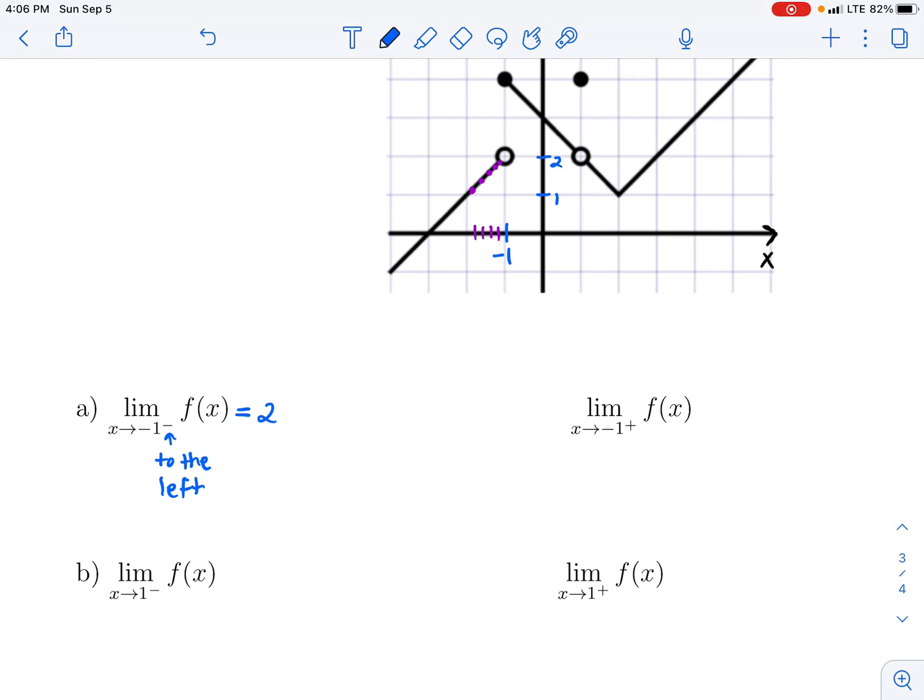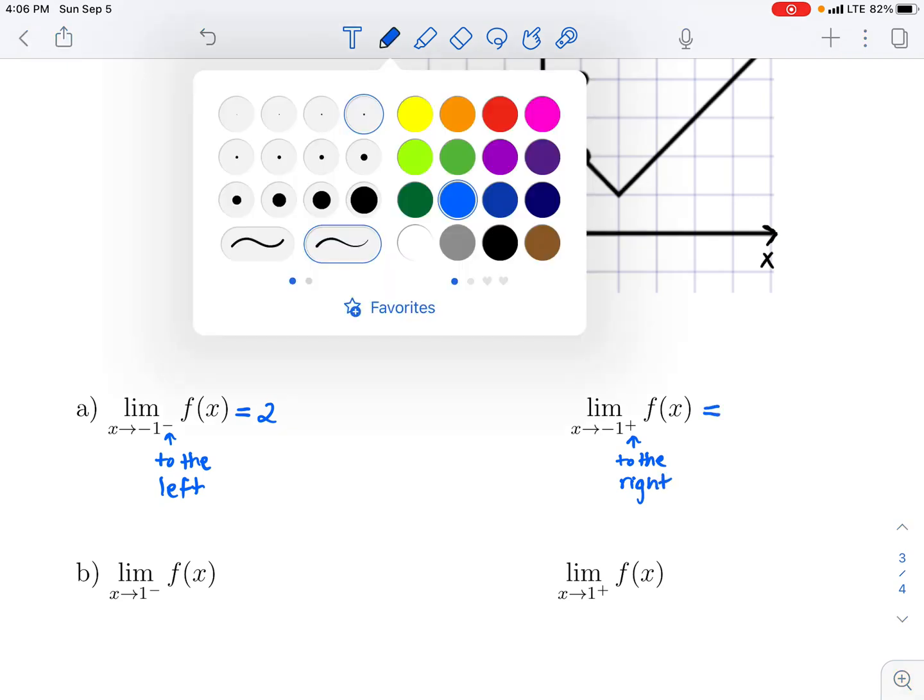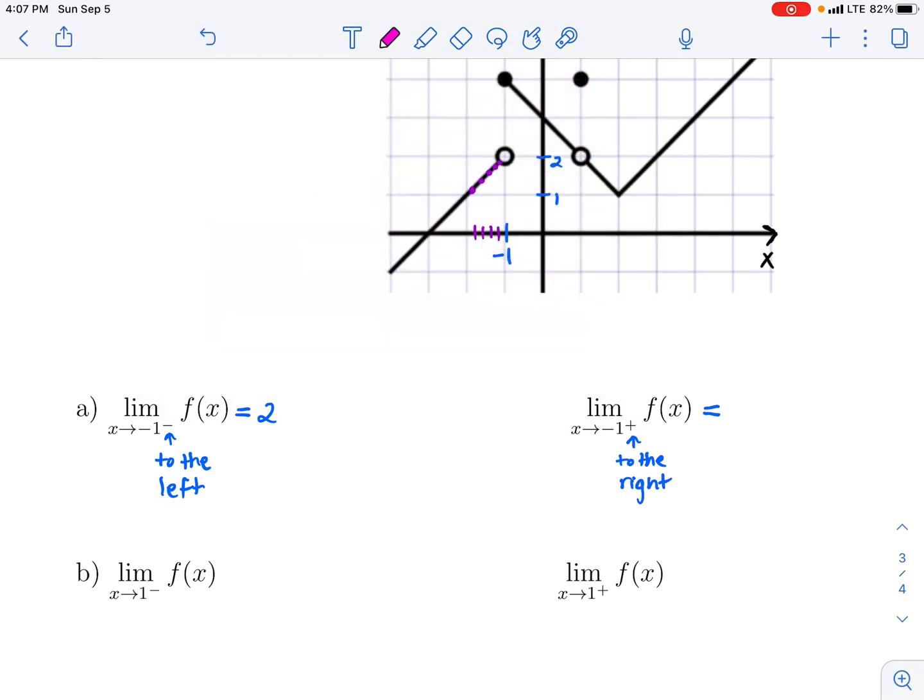Okay, let's try to look at the limit as x approaches -1 from the right. So again, just to remind you, this means to the right. Now instead I'm going to use pink, and I'm going to highlight some values here that are to the right of -1 on the number line. And now I'm going to look for these points,